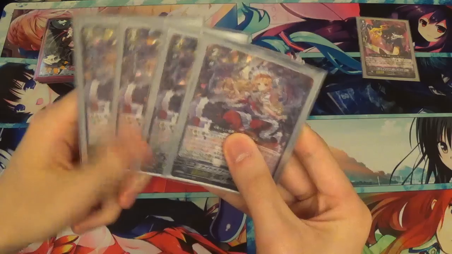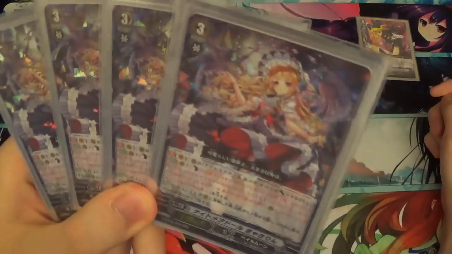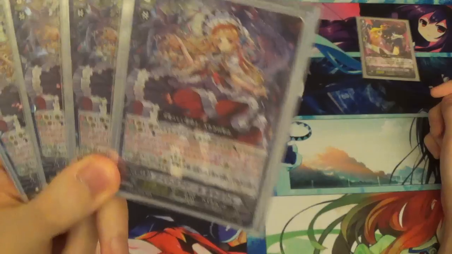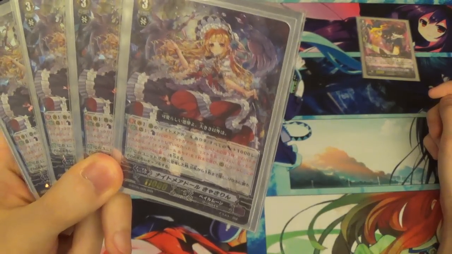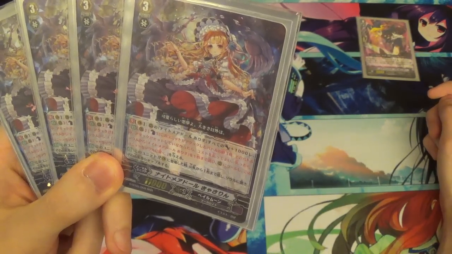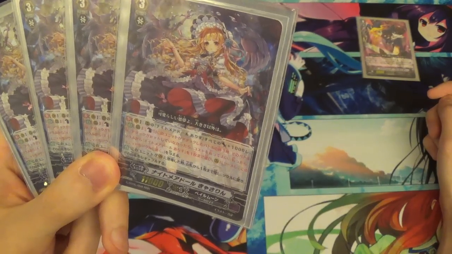So next, we run four Catherine. Catherine also helps you set up for your combo, and she is the centerpiece for the combo. Her skill is, when she's on the Vanguard circle, all your rearguard Alices get a new skill and 1000 power. The new skill is Last One: when this card's attack doesn't hit, you can pay the cost. If you do, choose a Nightmare Doll Alice in your soul and call it to the rearguard circle,